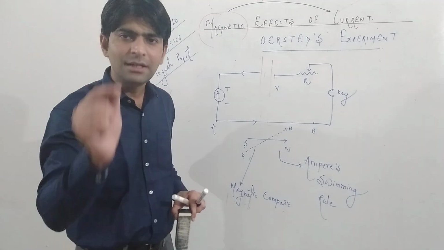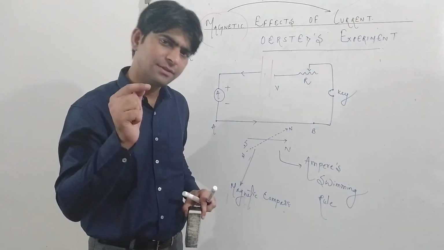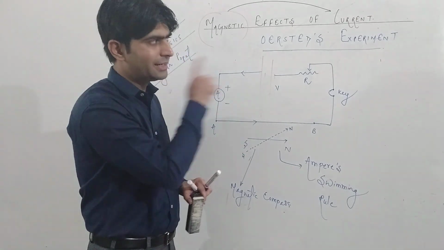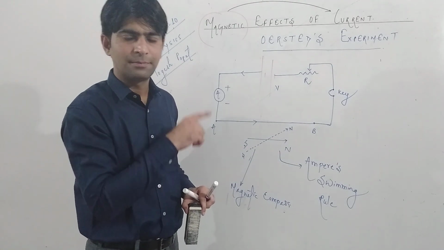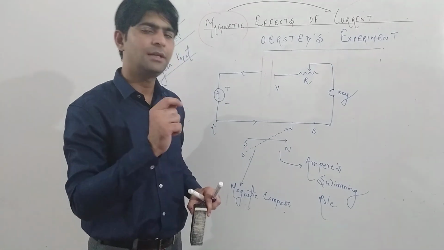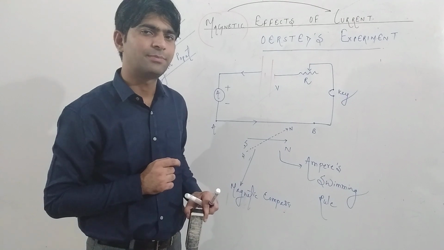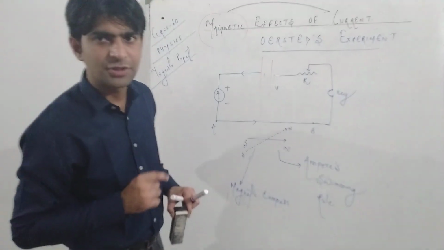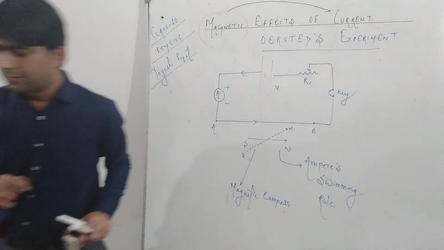Now we will see the practical demonstration. Believe me friend, the physics works. We will see that what we theoretically discussed is also possible in practice, and that the magnetic field actually gets produced around the current carrying conductor. So let us see the demonstration. The setup is ready for you.